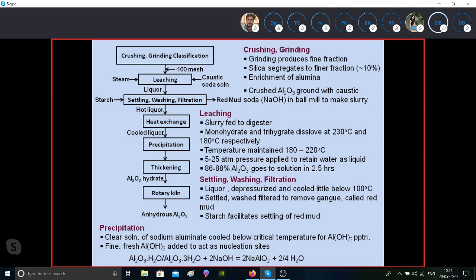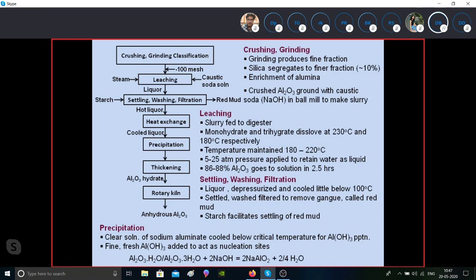You have a liquor. The liquid part contains basically sodium aluminate, NaAlO2, and then the rest of the material are impurities: iron bearing material, silica, alumina, and TiO2, and so on and so forth. These are insoluble components in the so-called leaching stage. Once this is done, then we take it to a settling tank.